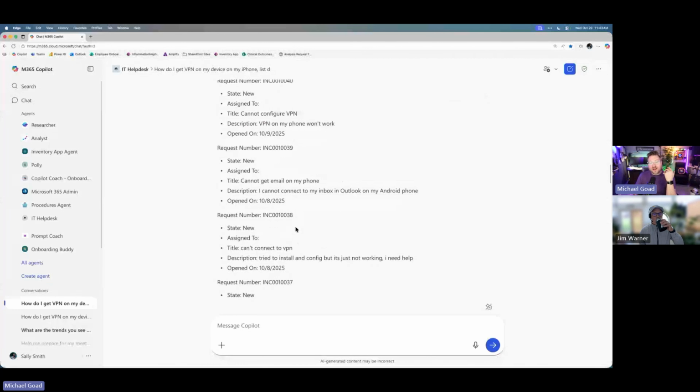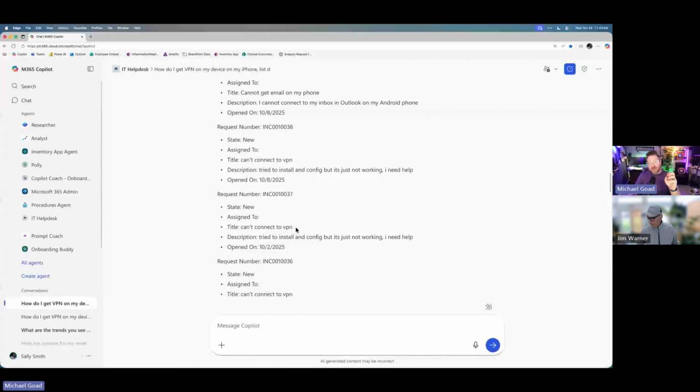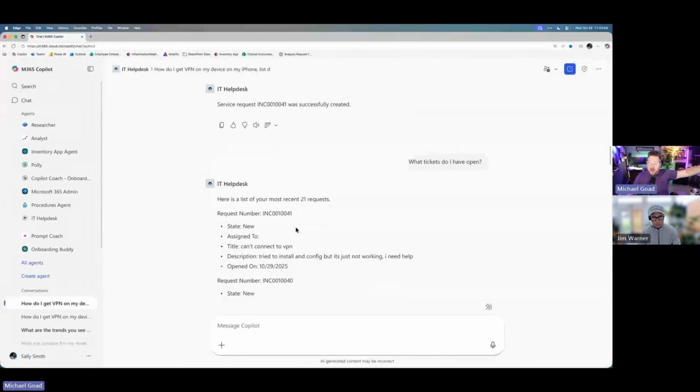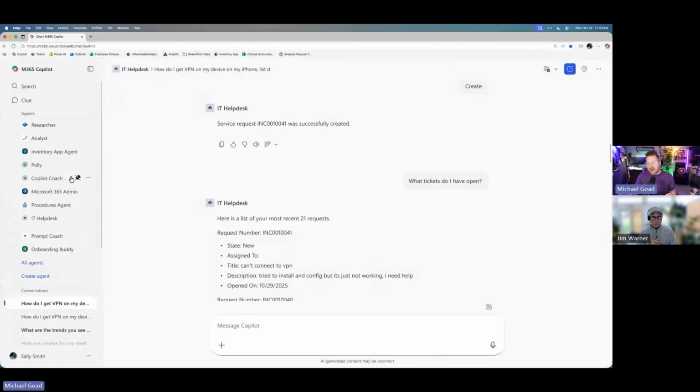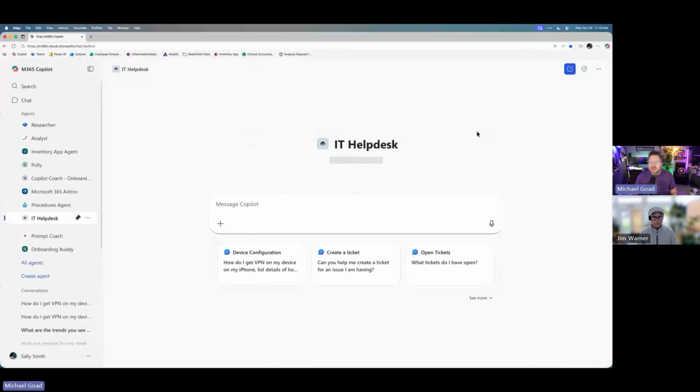But the thing is, we can build an agent that's grounded in these different work business processes and business applications for our end users to just go to Copilot, hit an agent, and do all of this stuff. And I no longer have to remember where to go in ServiceNow and stuff like that. And what this looks like